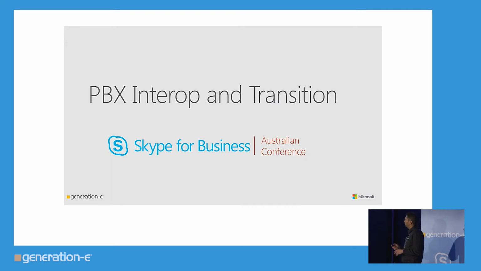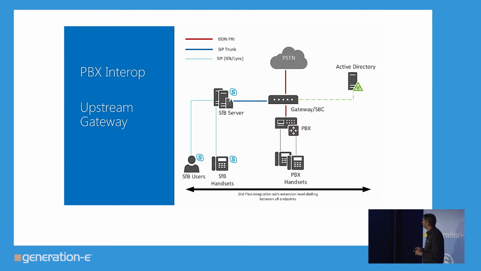So I'm going to talk about some strategies for how we interop. Assuming you've got an existing PBX or phone voice platform here, this is an approach we call an Upstream Gateway. And it tends to be our preferred approach of how we would start introducing that PSTN dial-in conferencing, or maybe a voice pilot, or a coexistence because you may be moving groups of users across to Skype for Business